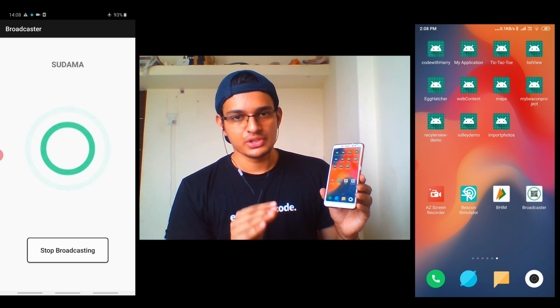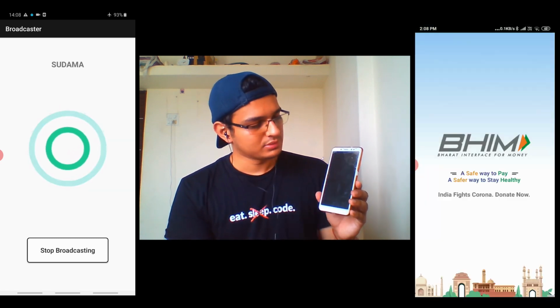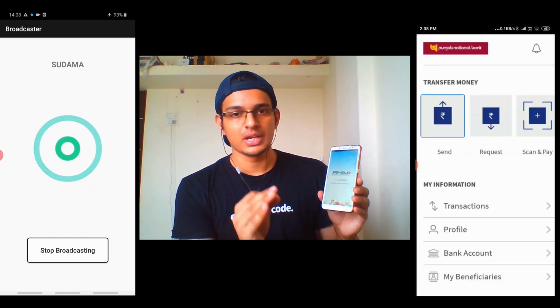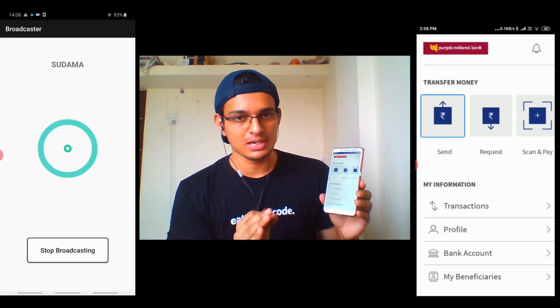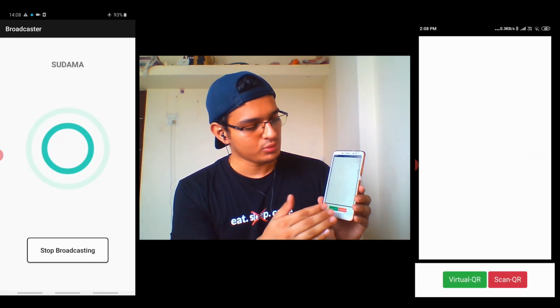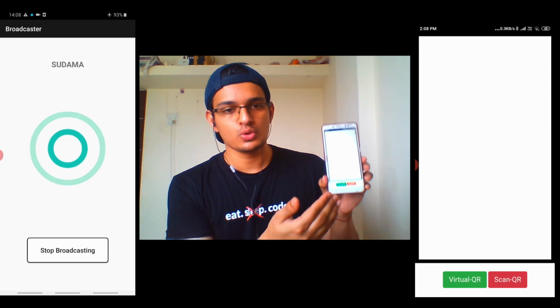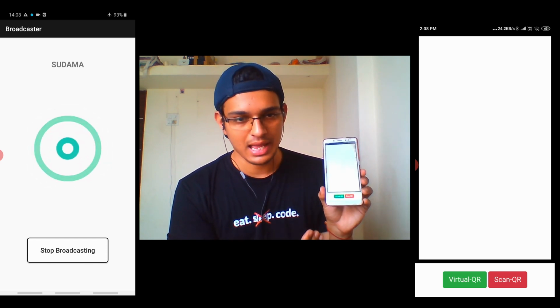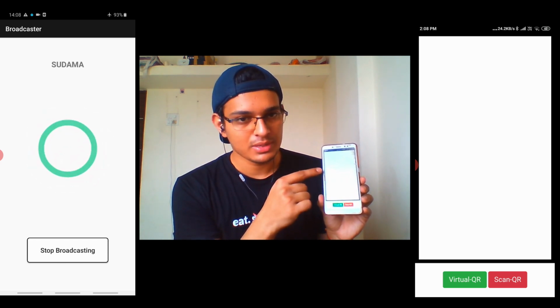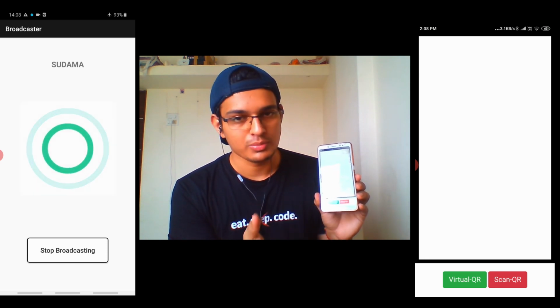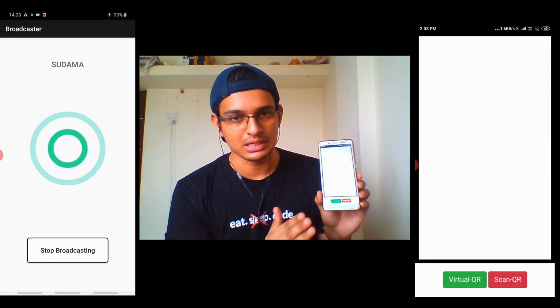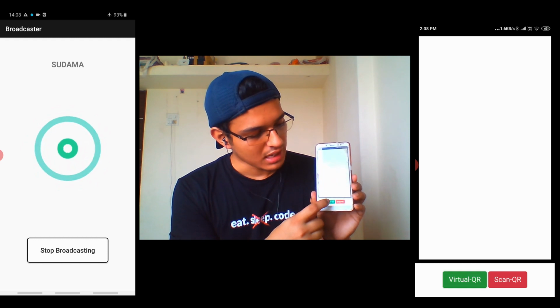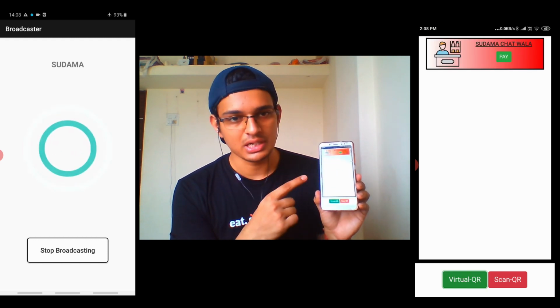So we are in this geofence region and we'll open the app. Whenever we click the send button, we have two options. It is here to show you the process that will be happening. Actually, whenever we click the send button, the virtual QR code button will also be pressed and will start directly detecting the beacons like this. So it has detected the beacon.